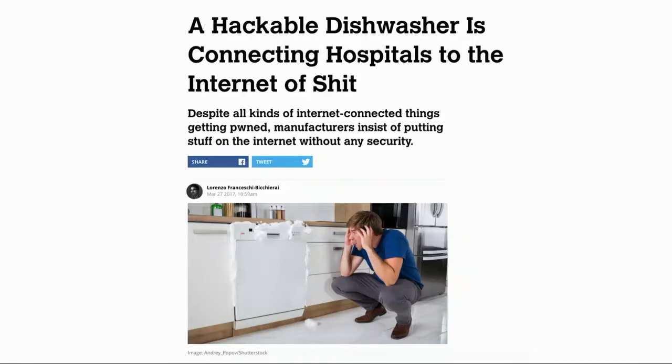Then recently a dishwasher was also hacked. Anyone know what vulnerability was in the dishwasher? The dishwasher had a directory traversal vulnerability. It was running an embedded web server, and that had the vulnerability. From that, you can actually compromise the entire dishwasher, and from there pivot to all the other devices on the network. This is one of the more interesting things about IoT: because there are so many devices on your network, if you compromise one of the devices, you can end up having access to all the other devices. Just like in an enterprise pen test, if you compromise one of the systems, you can then try to pivot to all the other systems or to the database or whatsoever. Right?